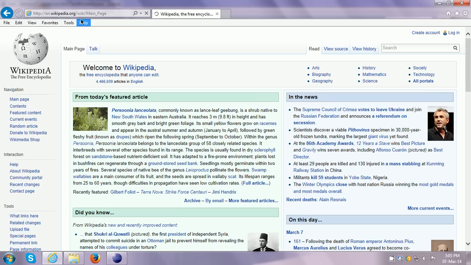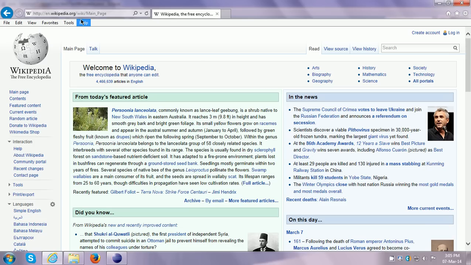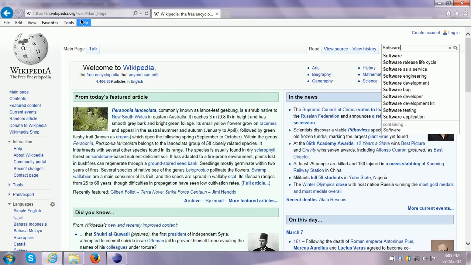Then it should type software in the search text box and submit that form to go to the software Wikipedia page. So it has typed software.